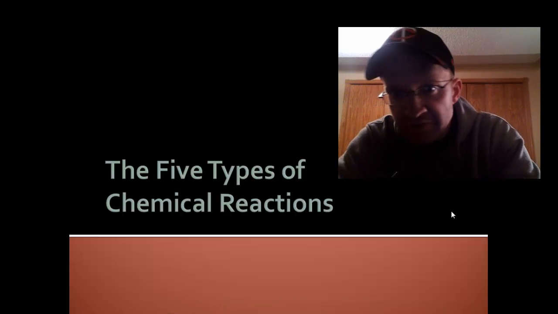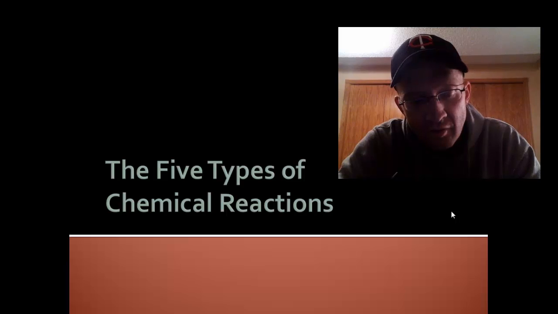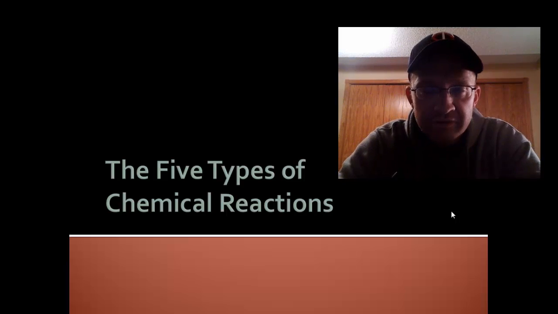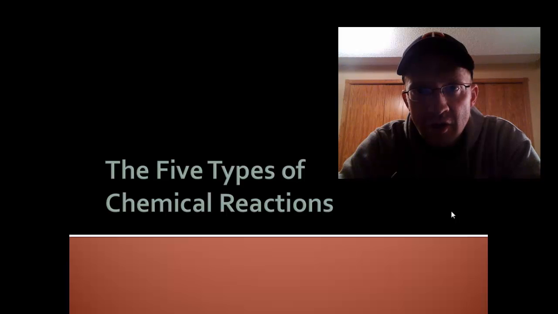Today's topic is about the 5 types of chemical reactions. You've already seen all 5 of these sort of shown a little bit, I guess, in Lab 19. You've seen examples of all of them, though we haven't written the equations for them just yet. And with this video and the observations that you made in the lab, you should have all that you need to get the equations complete as part of your lab before you hand it in, as well as being able to classify all of the reactions that we'll see throughout most of second semester as one of the 5 types